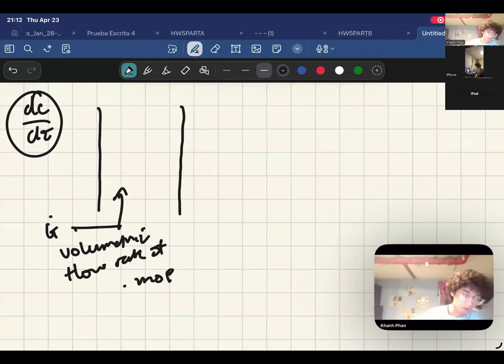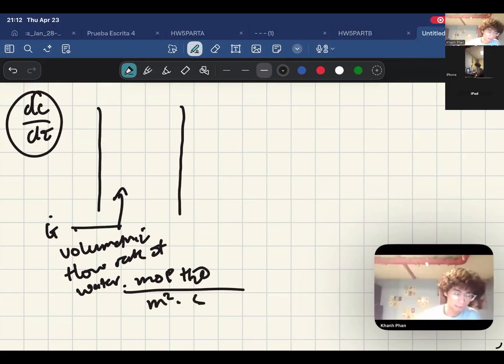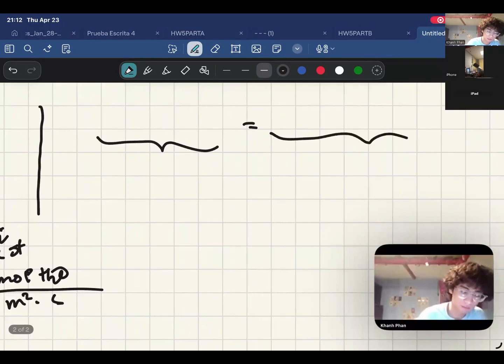Oh, actually, volumetric flow rate of water. I'm not air. I'm sorry. Mole of hydrogen over meter squared times second. And so now we can have the left and the right hand side as well. So the right hand side is the